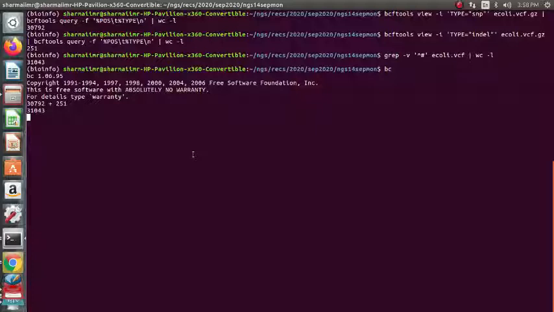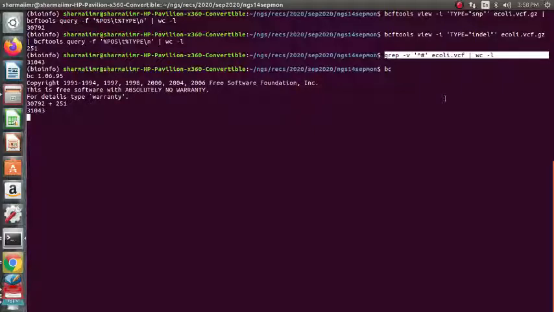So this way you can check with simple Linux. bc is a calculator tool in Linux, inbuilt in Linux. We know how to install it. grep -v, can you remember this command? What does this command signify? What will this command give us? It will count all the lines excluding the header lines which start with hash.